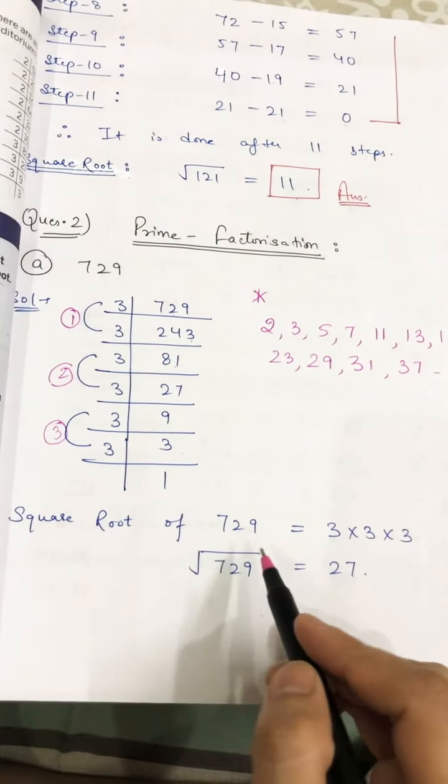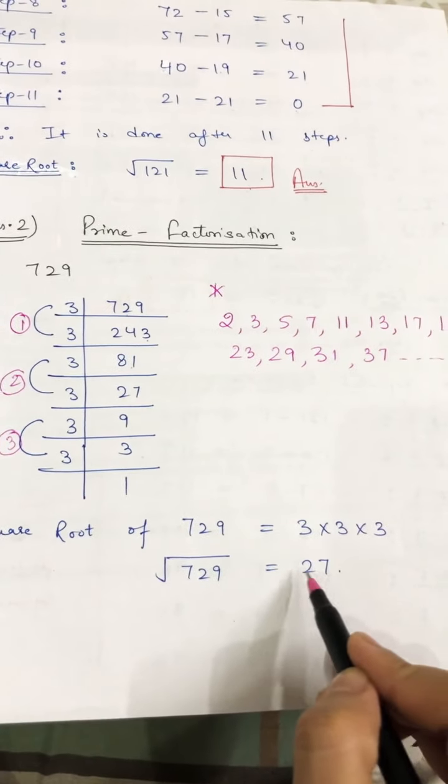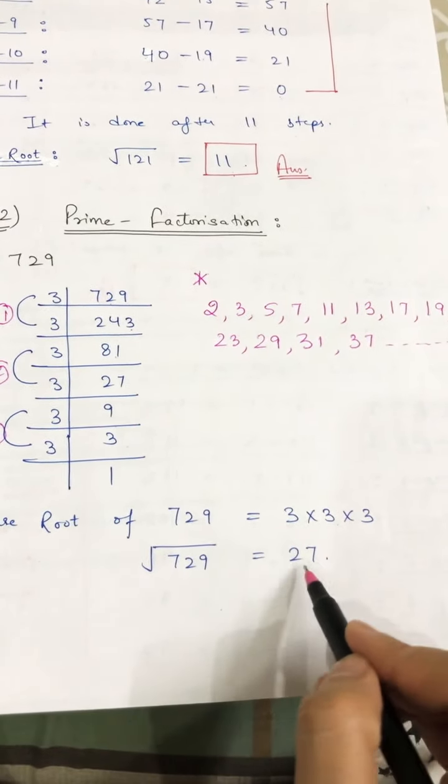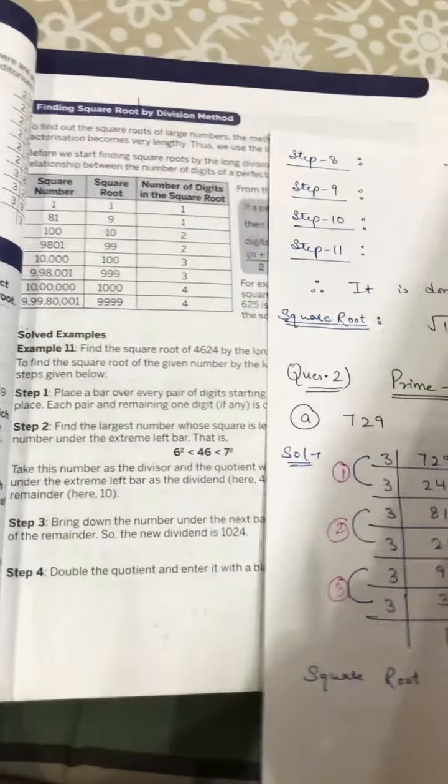Okay, so you have to mention the symbol of square root. So square root of 729 is equal to 27. 3 3s are 9, 9 3s are 27. Clear? In this way. Now the next part is